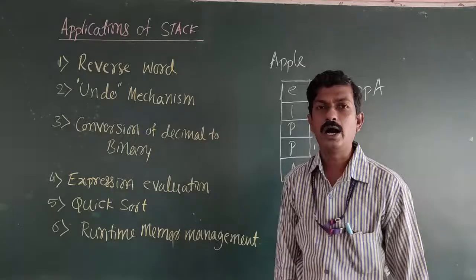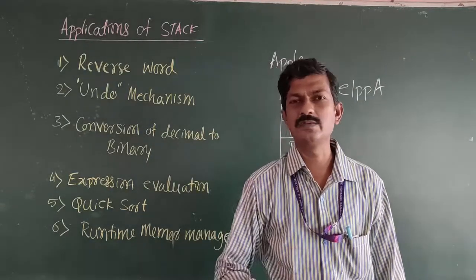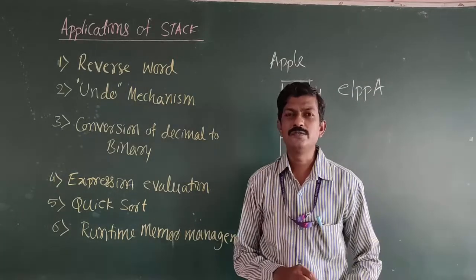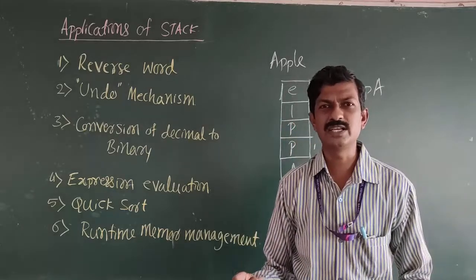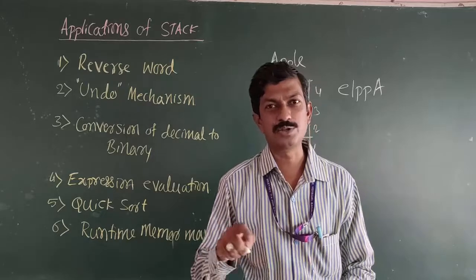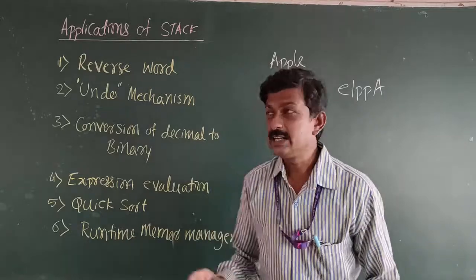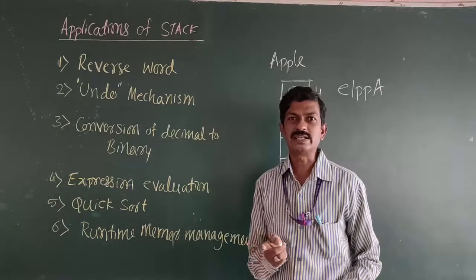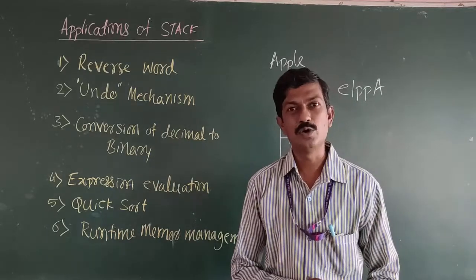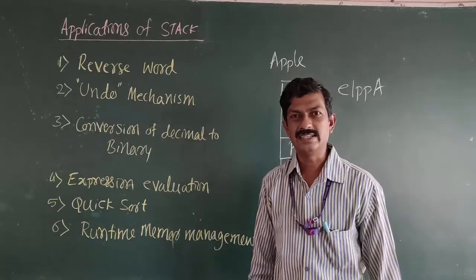The next one is undo mechanism. You might have seen undo mechanism when working with Office packages or MS Word. In MS Word, if you bold something or delete something in a document and you want to retain the same one, we just press Ctrl Z or undo in the toolbar. It is nothing but the undo mechanism, which retains the data to its last successive original value. To implement that, we are going to use the stack data structure.